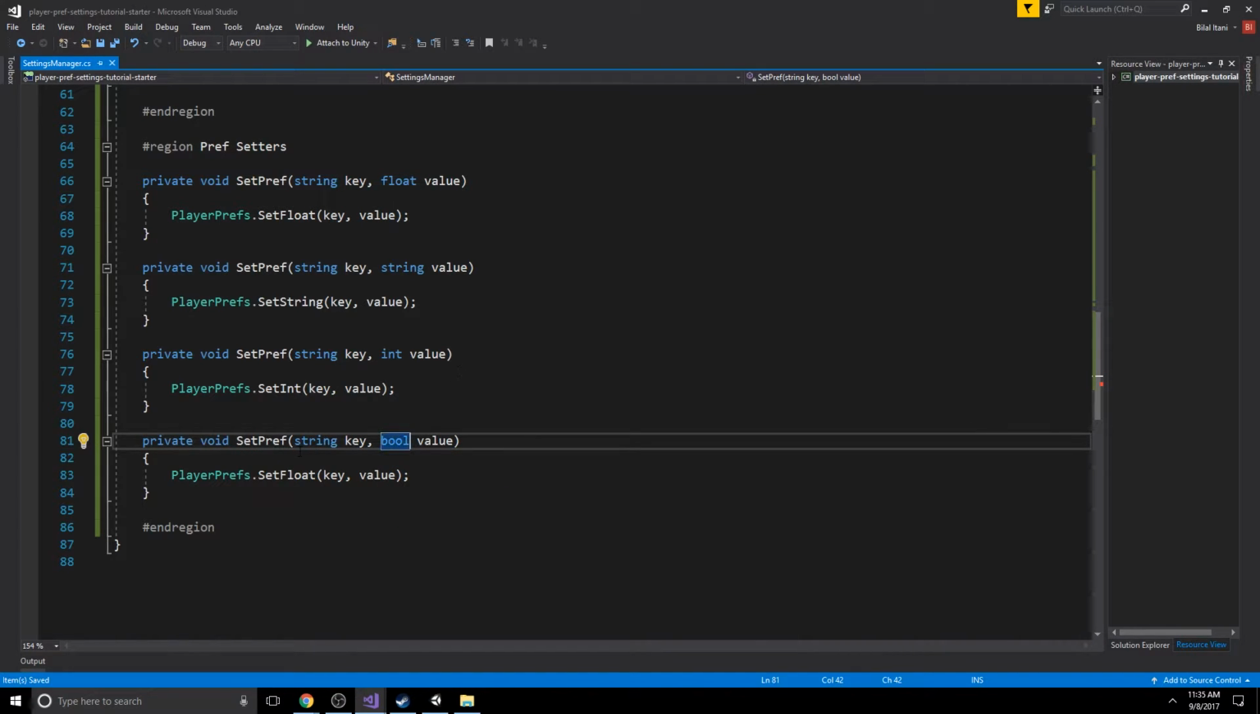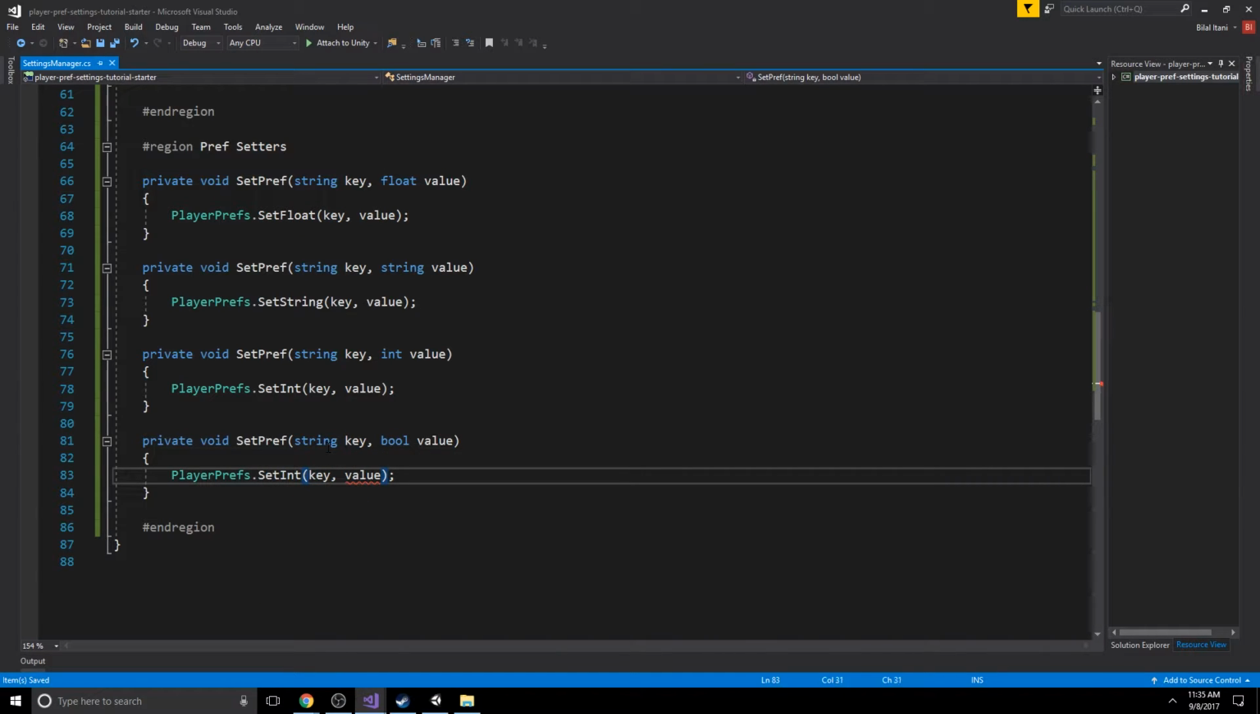Now, that's interesting, right? Because I just said not long ago that you can't store a Boolean inside of player prefs. So what you have to do is actually translate it to an integer. Because if it's 0, then we can say it's false. If it's anything else, we can say it's true. So let's go ahead and do set int. And we need some way to translate this value to an int. The way that I do it is I write